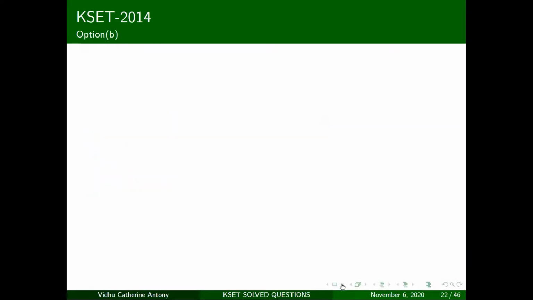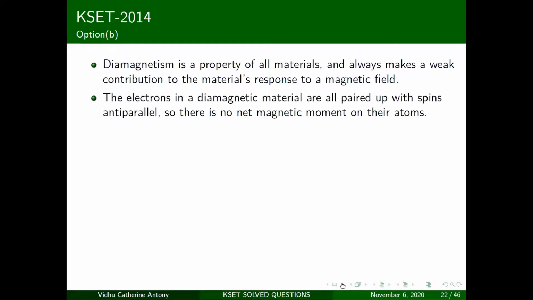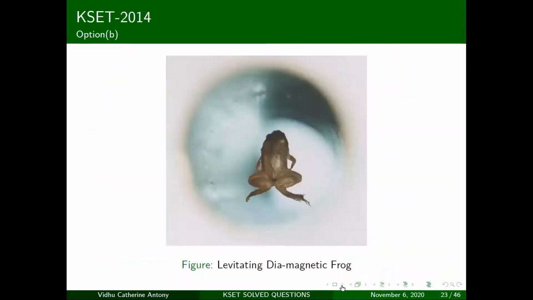So there have been experiments that have been conducted on things like this. I think I should show you this picture before I move on. So basically what they do is they take a frog and they place it in a magnetic field and it kind of like levitates on that magnetic field. Okay, so they haven't tried this out with humans, but even if you do it with humans, it should work. If you can apply a strong enough electromagnetic field, you should start to levitate. So this is a levitating diamagnetic frog.